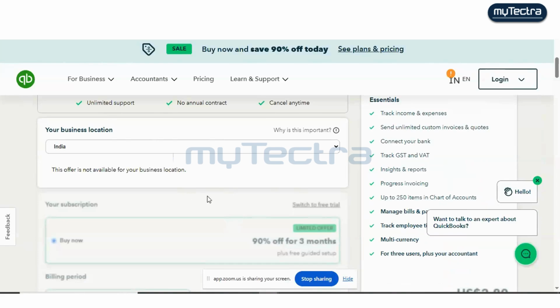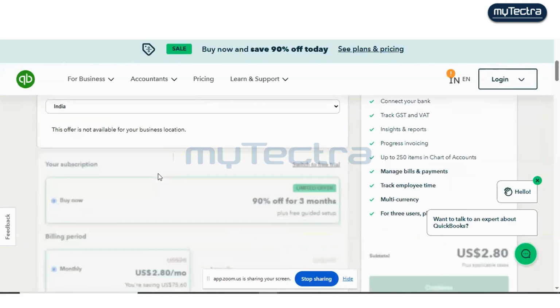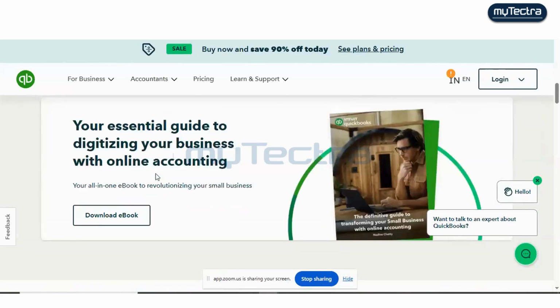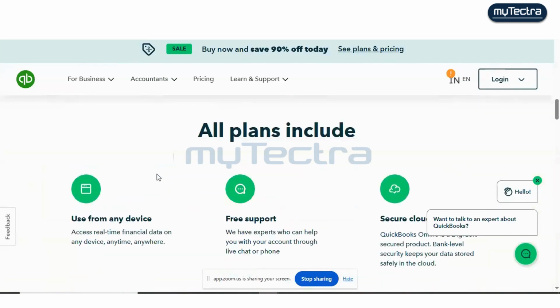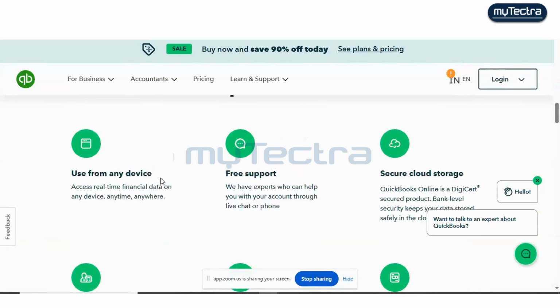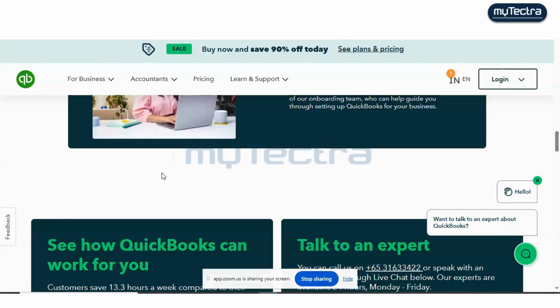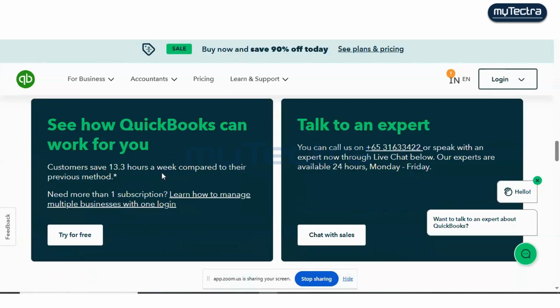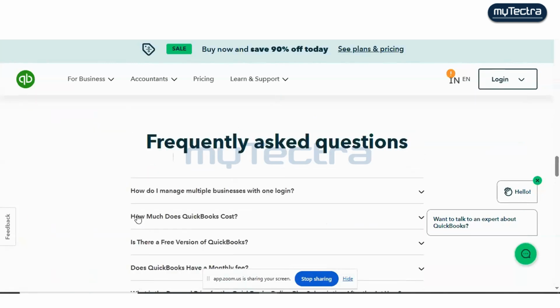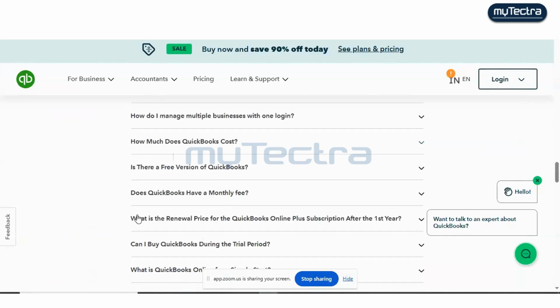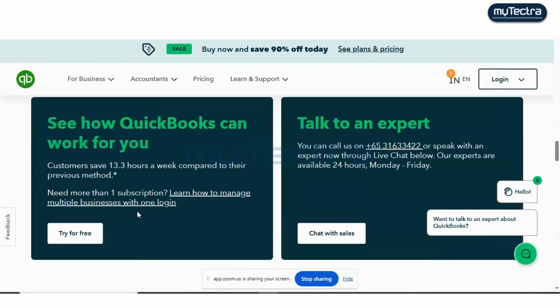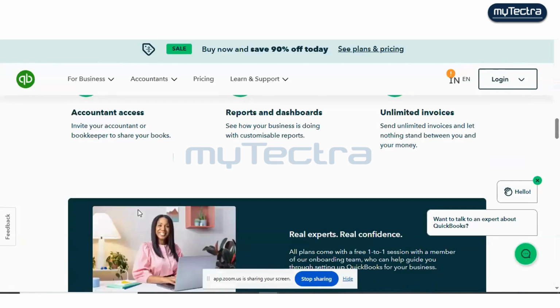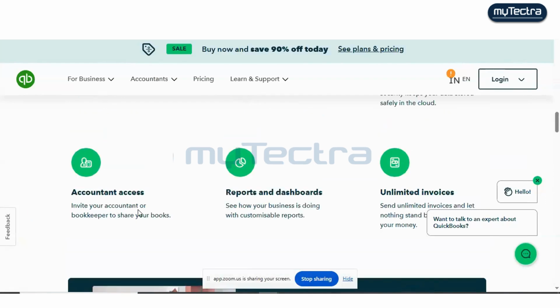You can scroll down. Look where you select the country.